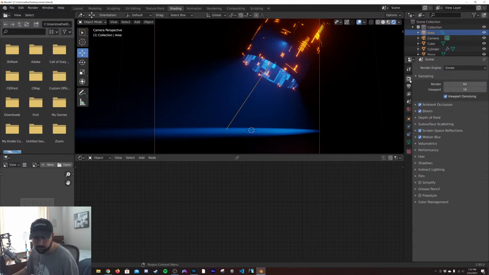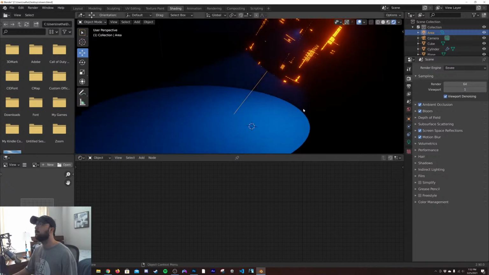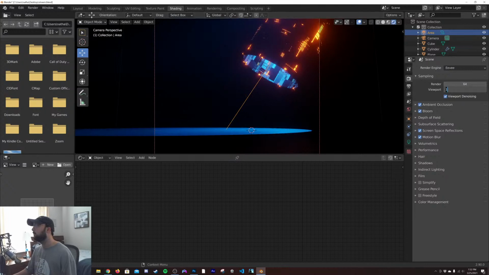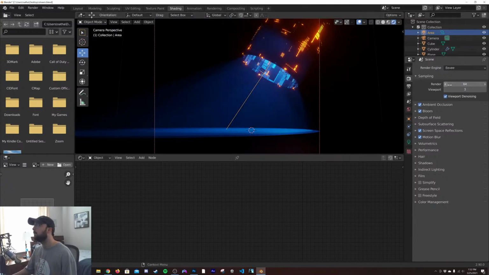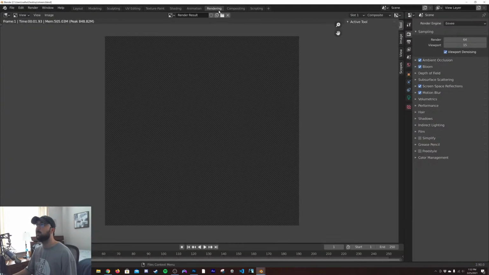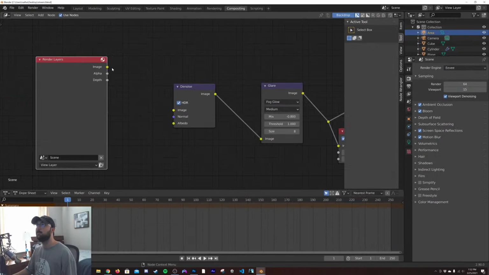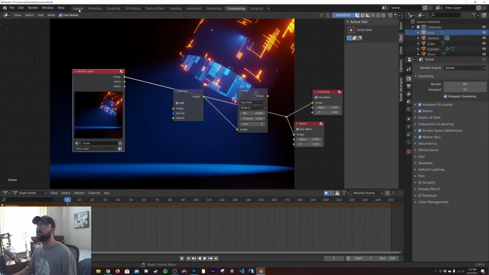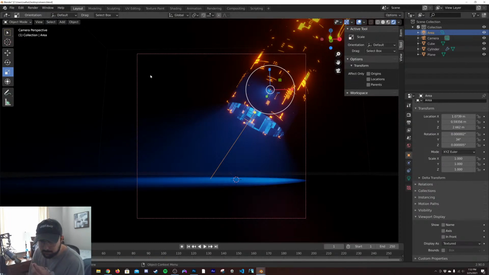Let's see. Do viewport samples at 1 and it will fix that, I think. Viewport. Oh, dope. I mean, now that looks terrible, but let's do samples at 3. Let's go back to 15. Save. Let's just see if it comes out in the render. That's really all I'm concerned about, because if it comes out in the render, then it's whatever, and we'll just switch to Cycles. But I really love... Okay, yeah, it comes out in the render. That's really weird.